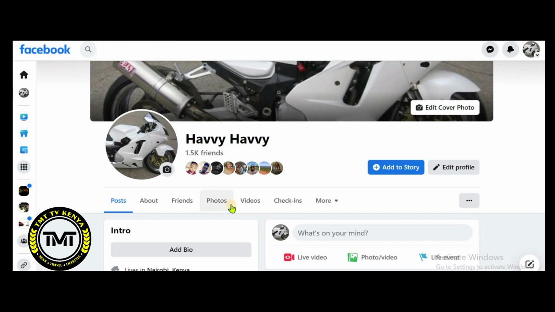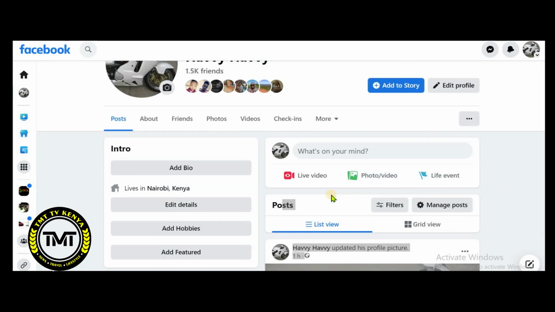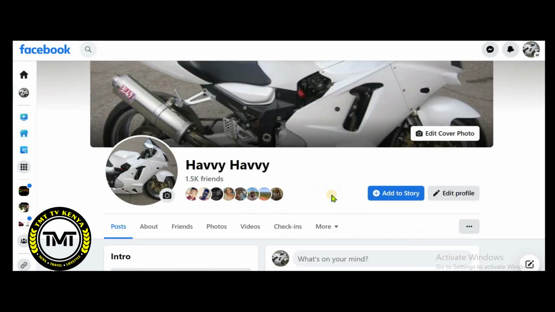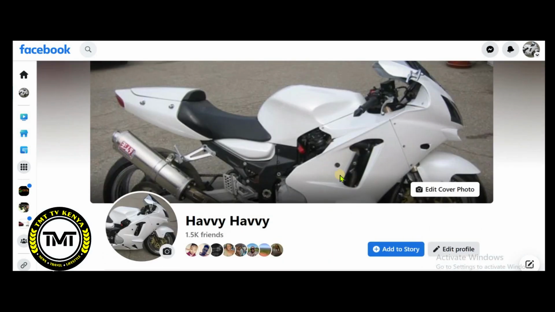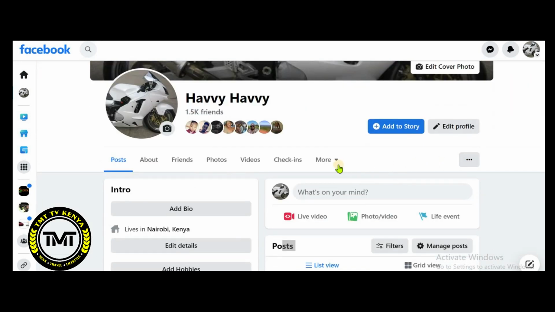Hi guys, so right now I want us to look at how one can change your Facebook page from an add friend button to a follow button. As you can see here, this is my page. So first of all, let's see how you are viewing it as